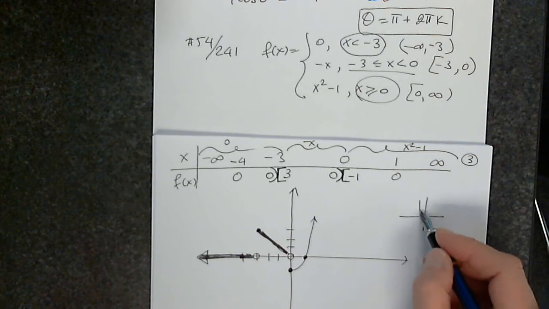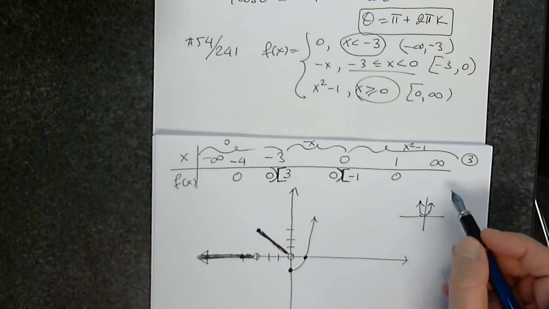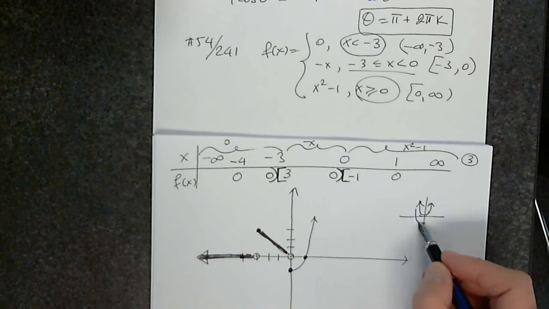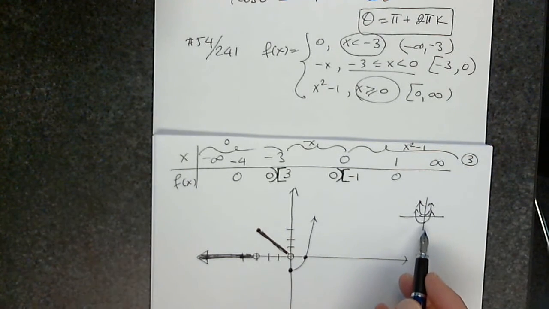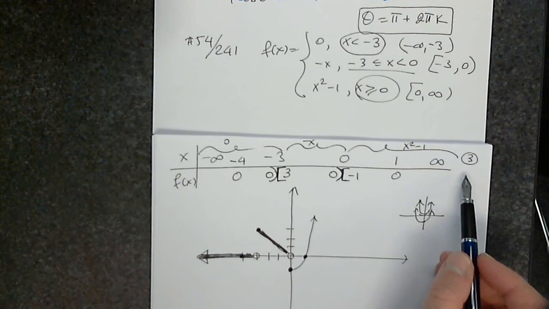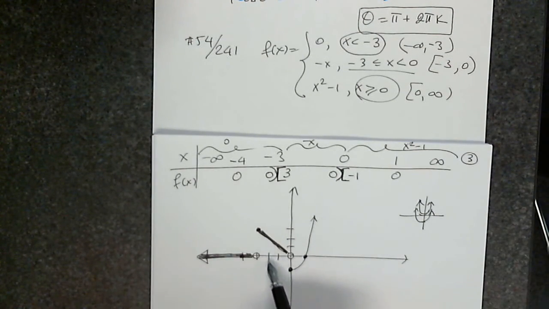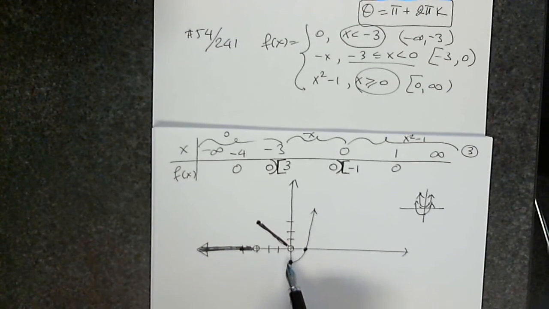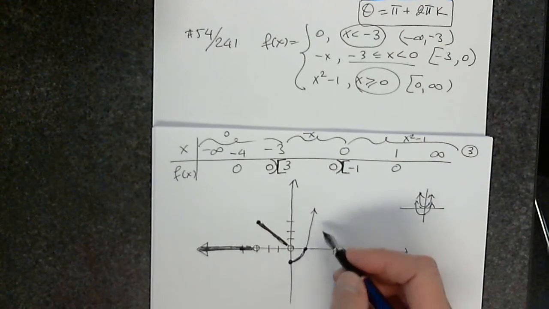From transformations, I know that this is x squared. And where will I graph x squared minus 1? Down 1. But I cannot graph the entire graph because x squared minus 1 is only between 0 and infinity. I cannot continue here. That would be a terrible mistake to do that. So this is the graph